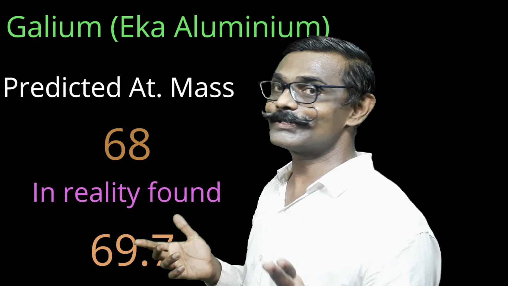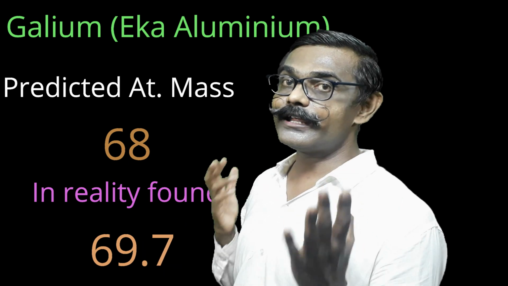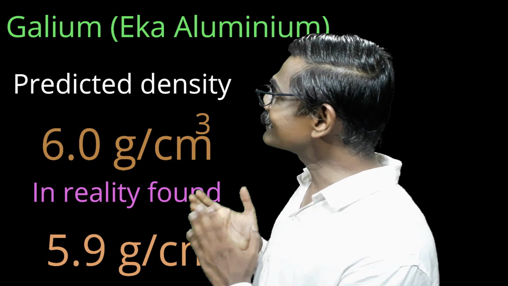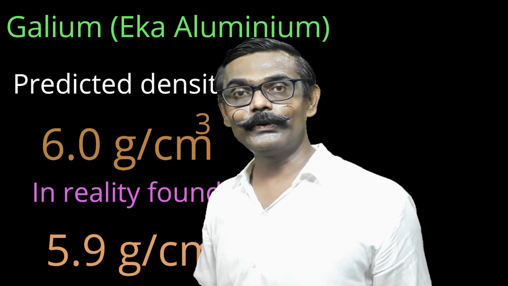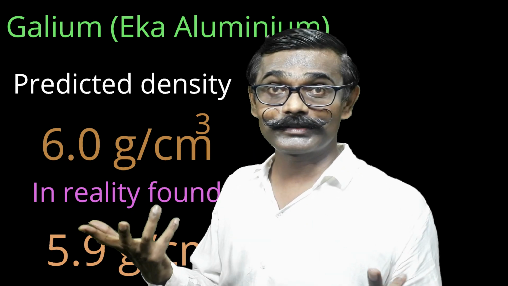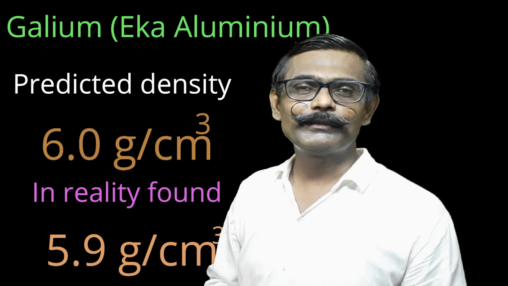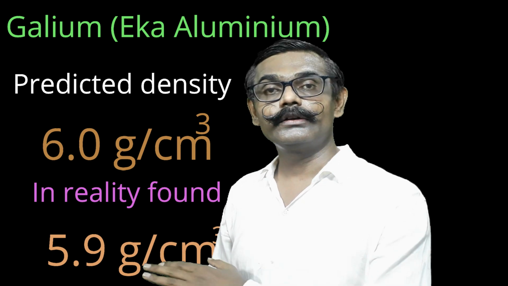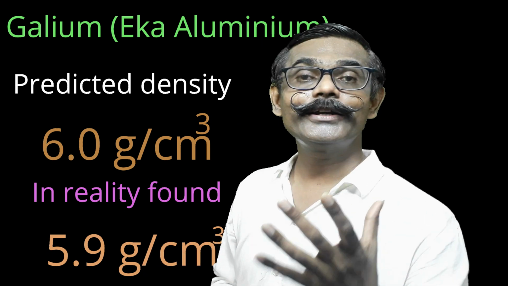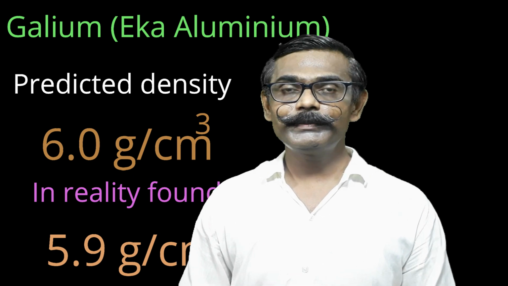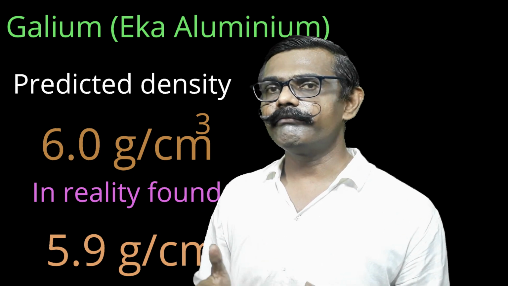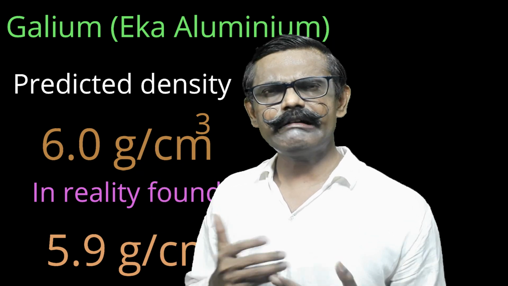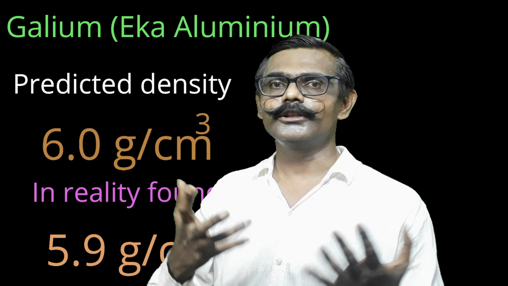Almost similar. Mendeleev's prediction regarding eka-aluminum about density, specific gravity, was 6, and practically they found it is 5.9. Almost similar. Surprising. For other elements, eka-boron, he predicted atomic weight 44, and for eka-silicon, he predicted atomic weight as 72, and the values were found nearly the same. People at the beginning were not believing, but within 15 years of his periodic table, when people found the strong resemblance of the properties, they were shocked.